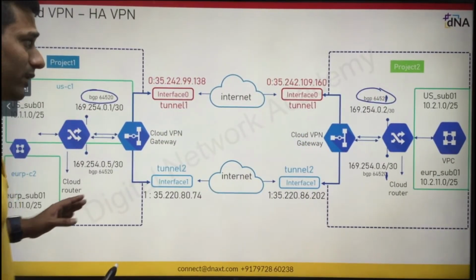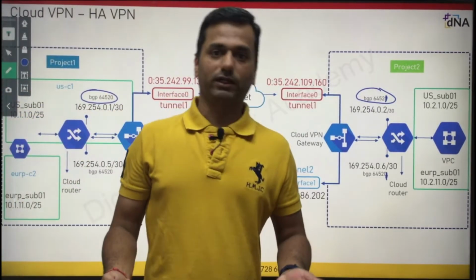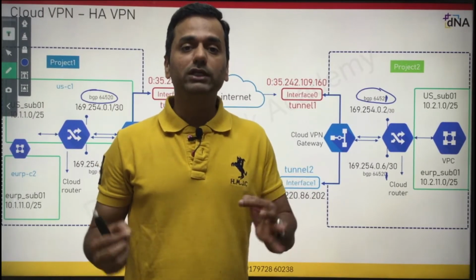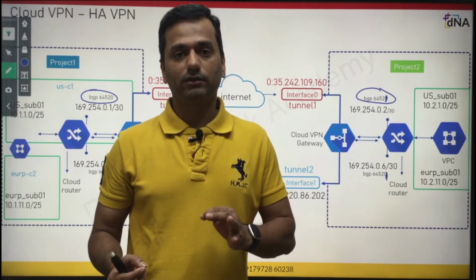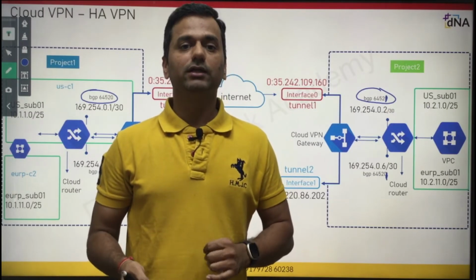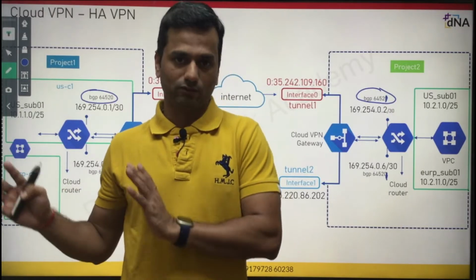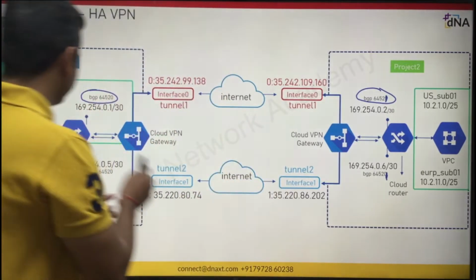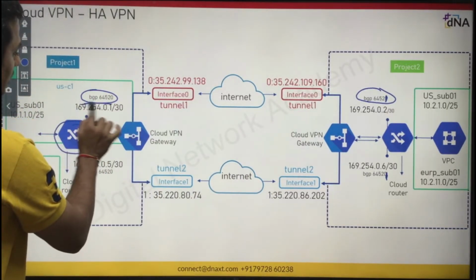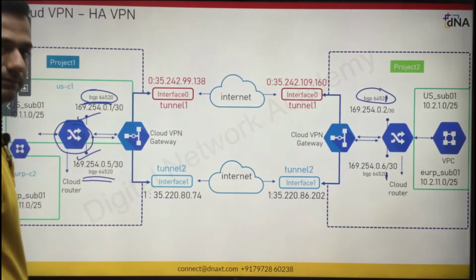Now, when it comes to the on-premises router, ISR, ASR, or any Juniper router, you can only configure one AS number on your router. If you try to configure another AS number, it will throw an error, because your router is already in an AS. So that is the reason: on one router, you will configure the same AS number irrespective of your BGP interfaces.